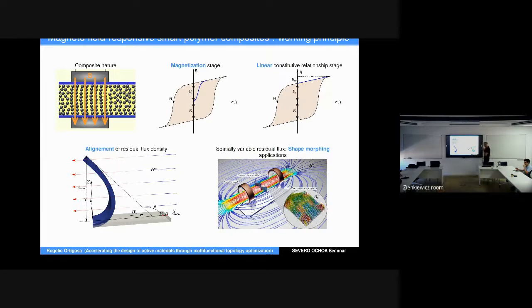That remnant magnetization that I'm denoting like B0R can vary spatially. You can have different patches of remnant magnetization. Why? Because at the second stage, we are going to place again the material within the coils, and due to the interaction between this applied magnetic field and the remnant magnetization, this magnetic field is going